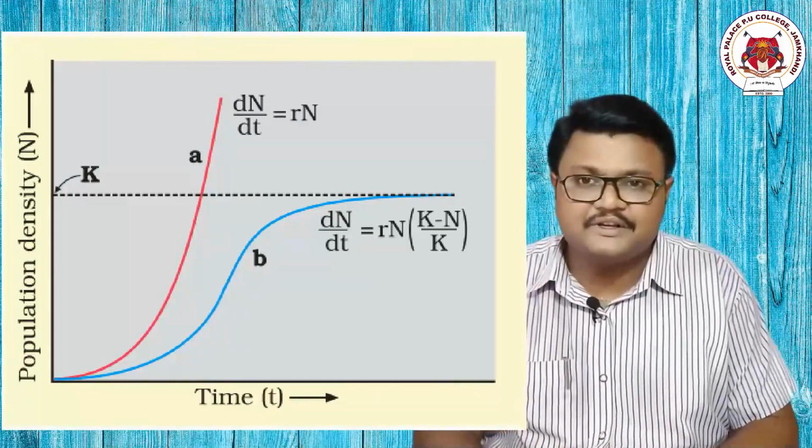We can get a question: what will happen when the number of organisms is equivalent to the carrying capacity? That is, what will happen when K is equal to N? Once again, you can very easily say that it is not at all possible for the number of organisms to be equivalent to the carrying capacity of a forest or an ecosystem. If that happens, it gives a word called asymptote. The word is asymptote. Asymptote means that all the resources are completely used up by these organisms,